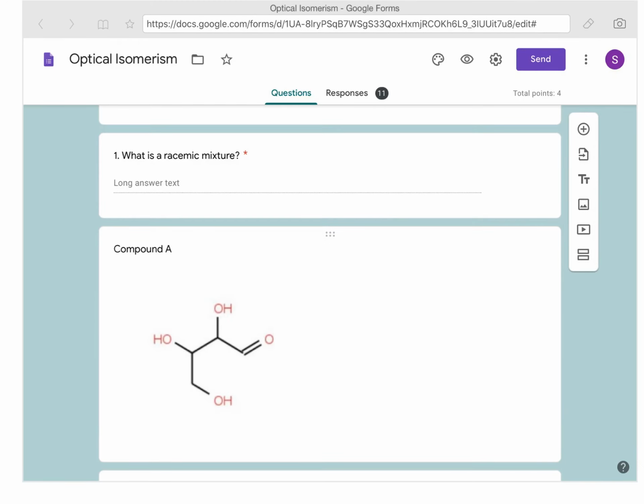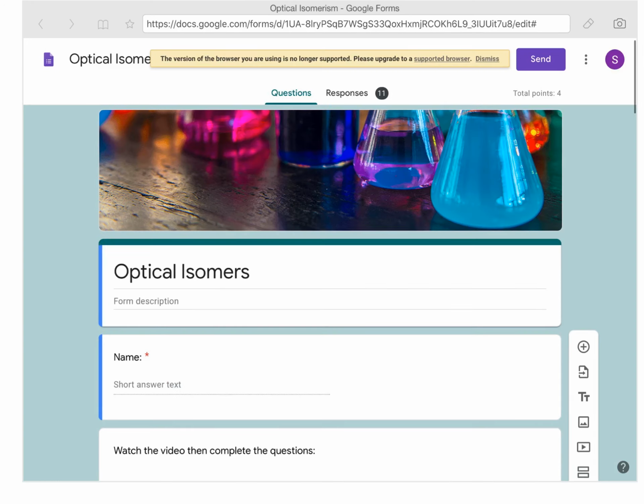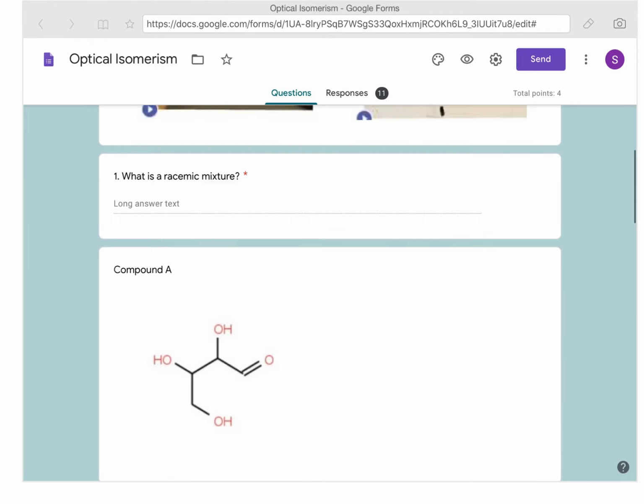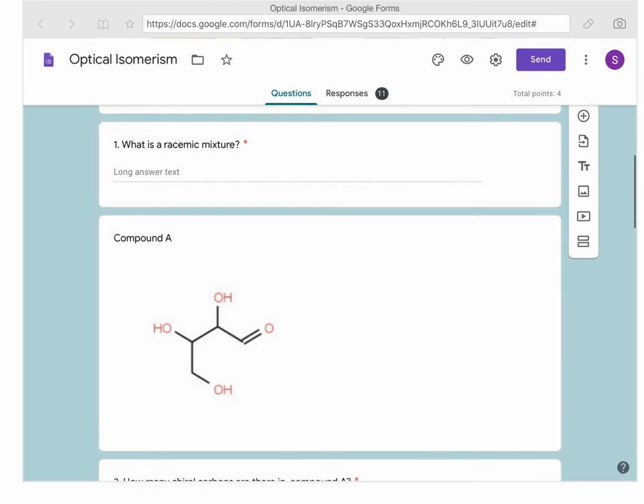Okay, so this is the quiz that I set as part of this tutorial. You've got the tutorial video which goes through what optical isomerism is all about and what all of these new terms mean. And then question 1 says, what is a racemic mixture? It's a fact recall question, so it's mentioned in the video and you just need to learn it as a definition really, that a racemic mixture is a 50-50 mixture